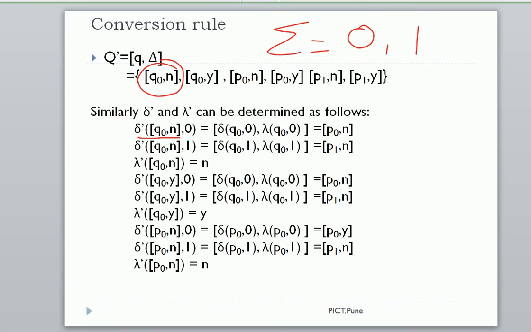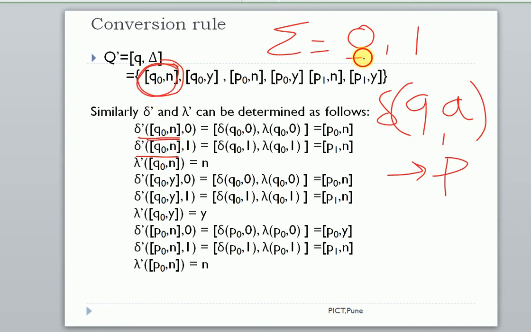So for this state, we are finding out the transition function. How do we write the transition function? Transition at a particular state, after adding a particular symbol, what will be the new state? Here my state is Q0N that I am considering. The input alphabet set is 0 one time and 1 another time, or either 0 or 1 randomly. So we have to consider both for the state, and based on that, now apply this equation.